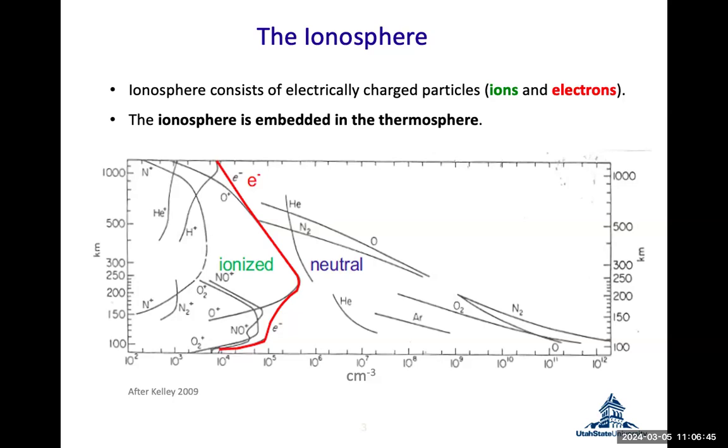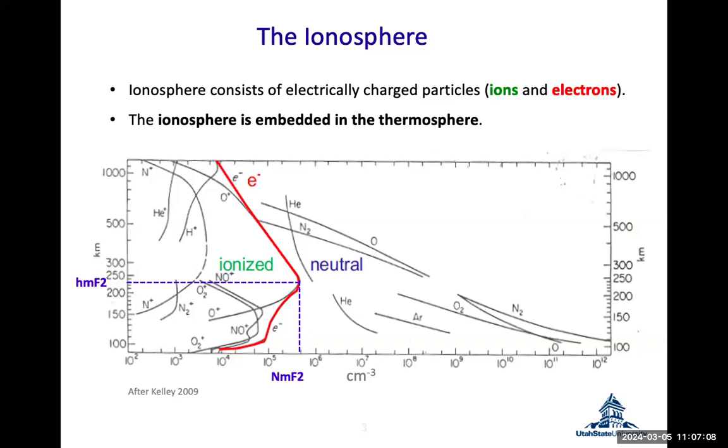Starts at about 100 kilometers, and then at 200, 250, 300 kilometers, we have a peak in the density. And this peak is called NmF2. That's the main density in the ionosphere. Typically it occurs somewhere around 250, but it could be as high as 500 kilometers or above, depending on what the